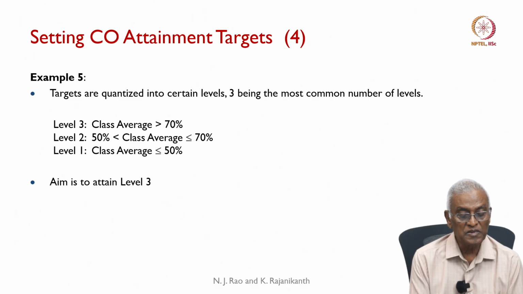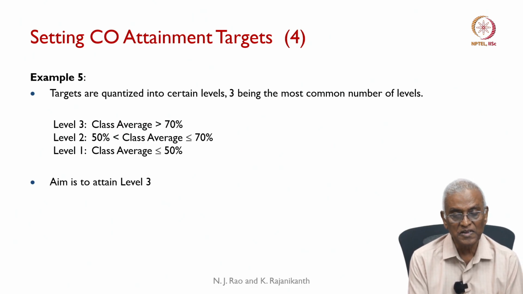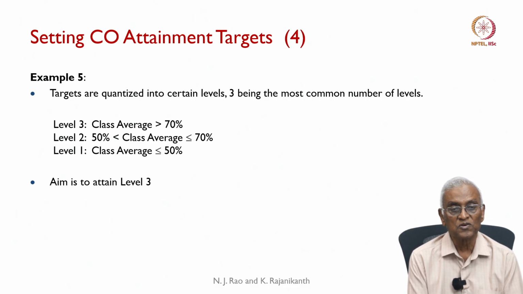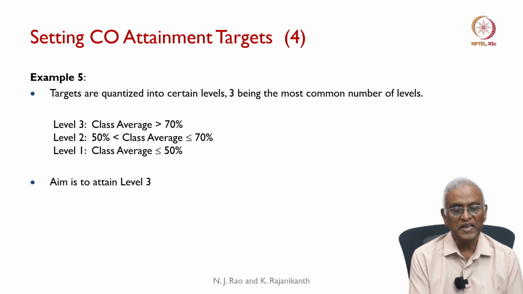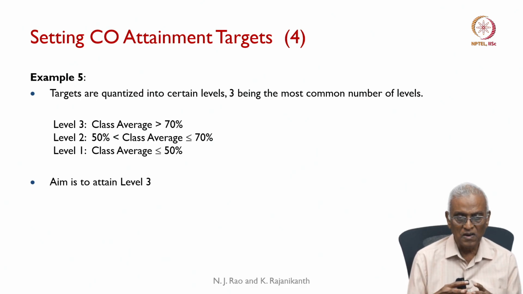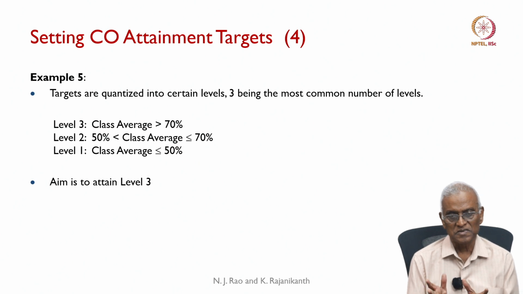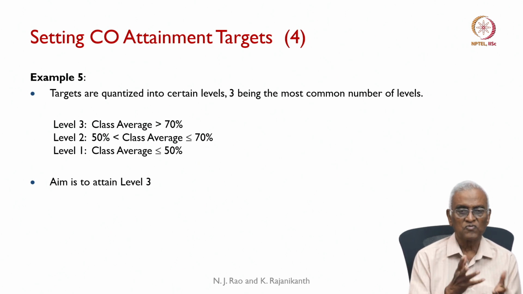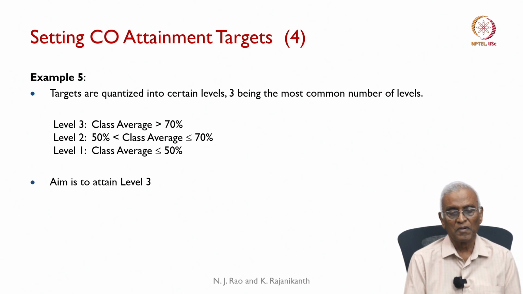And if it is between 50% and 70%, I call it level 2. Now my attainment is only computed in terms of levels, and that too just 3 levels. So this quantization means I am losing certain detailed information, but still it is one way some of the